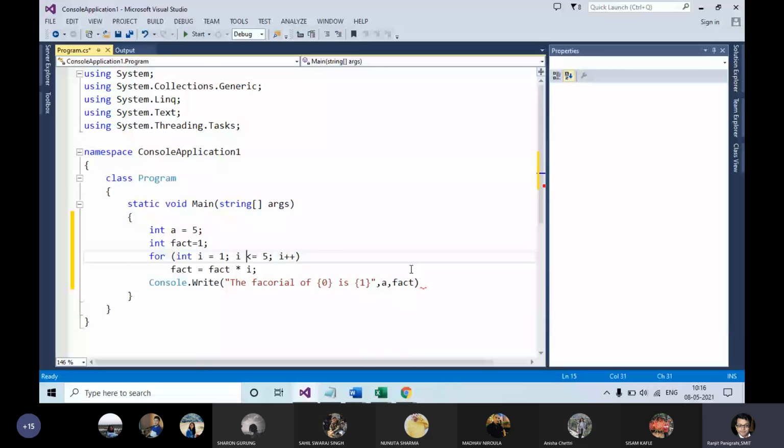Factorial of 5 is 120. So you'll get this output. This is a simple program with no errors. Now I will write the same program with some logical errors.